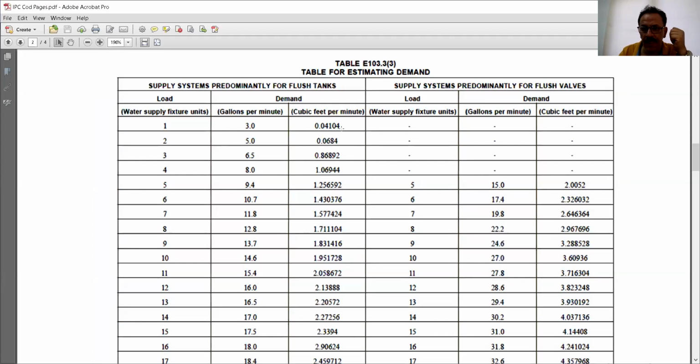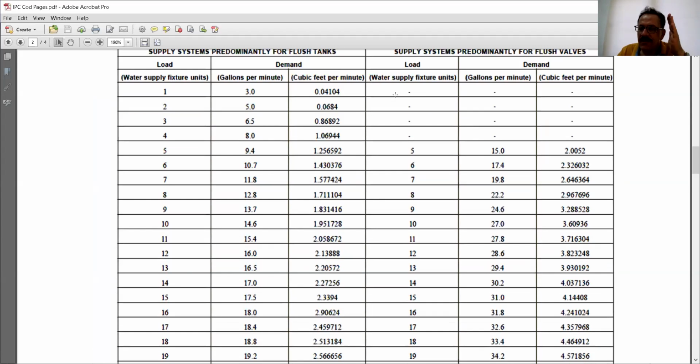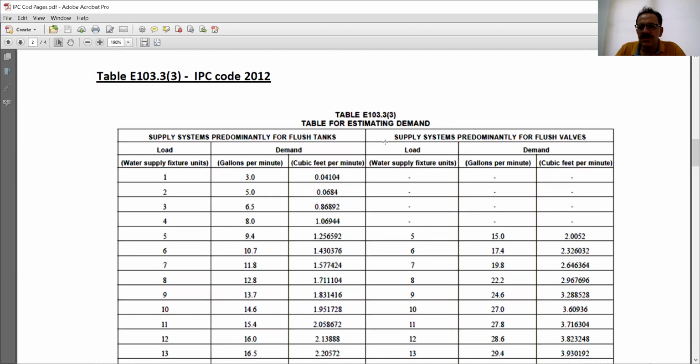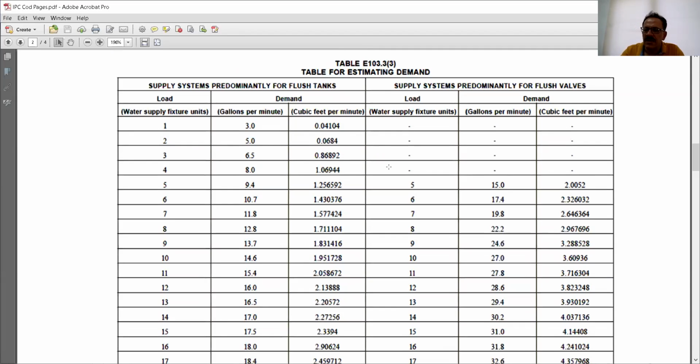Okay, it's easy, I think, but first of all you have to convert everything that we need to one load. This is called the water load fixture unit, and then you go with the fixture unit and see how much the loads are and what flow we have here. For example, I have 2.005 feet cube per minute as the needed flow here.